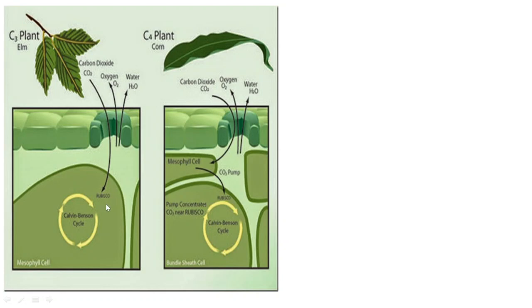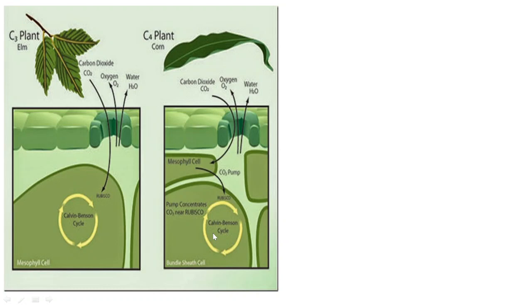Unlike C3 plants where Rubisco is present in the mesophyll cells, in the C4 plants Rubisco will be present only in the bundle sheath cells. As such, the Calvin cycle is possible only in the bundle sheath cells. In mesophyll cells, the Calvin cycle cannot take place. So production of glucose will take place only in the bundle sheath cells, after which it will move to the